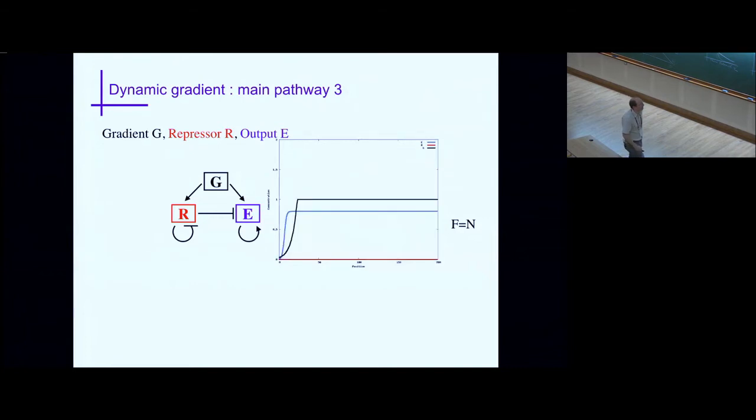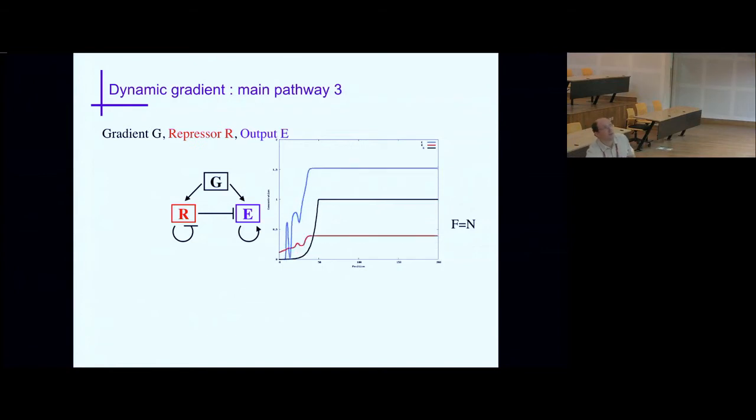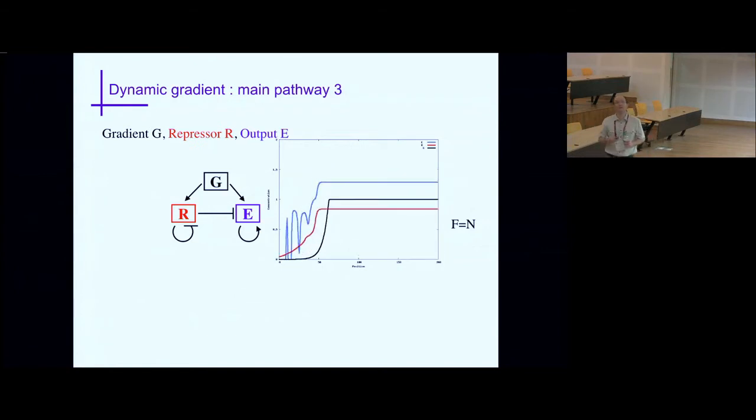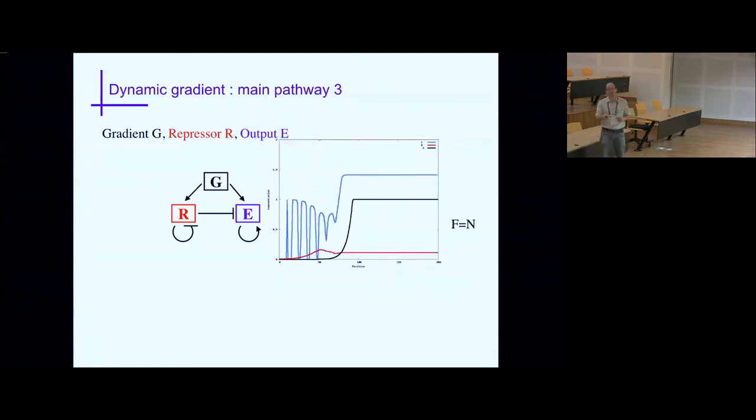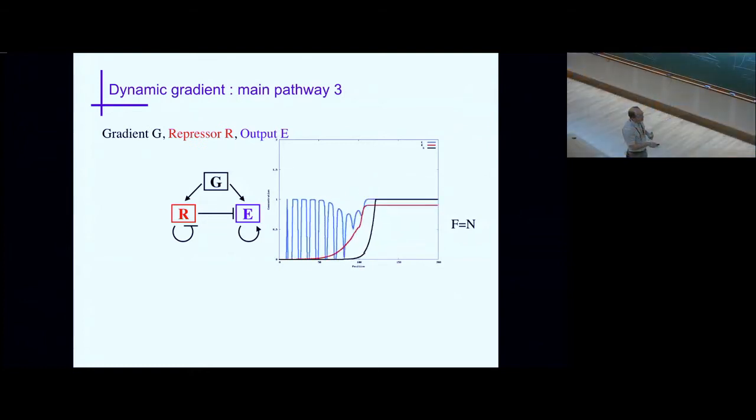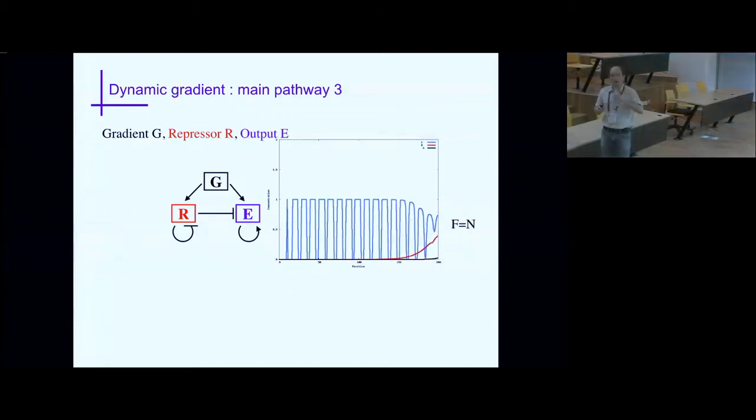Okay, I show it to you again. So you see R is oscillating. R is repressing E, so E is also oscillating, antiphase to R. And the important thing is that the oscillator is dying off at some point. So R is dying off, and based on what is the concentration of R when it dies off, you either get the up state or the down state for E, and that makes many stripes. So in one evolutionary move, boom, you get many stripes. So that's pretty cool.